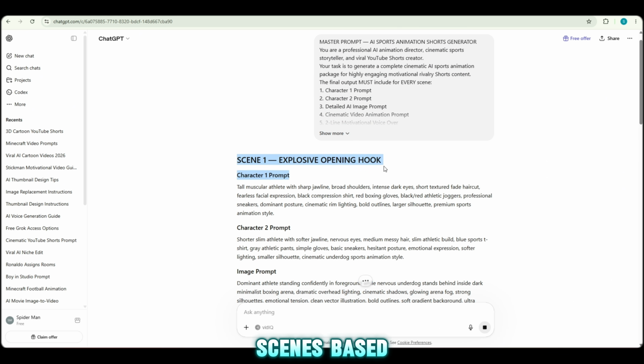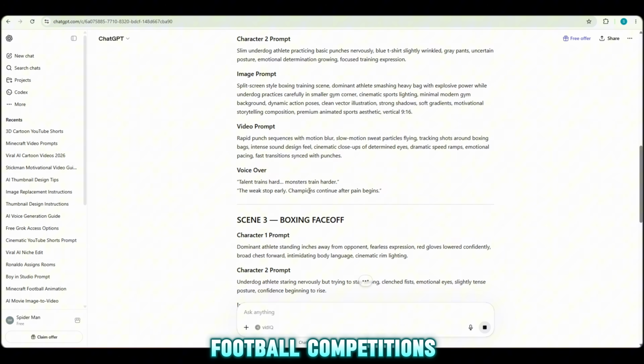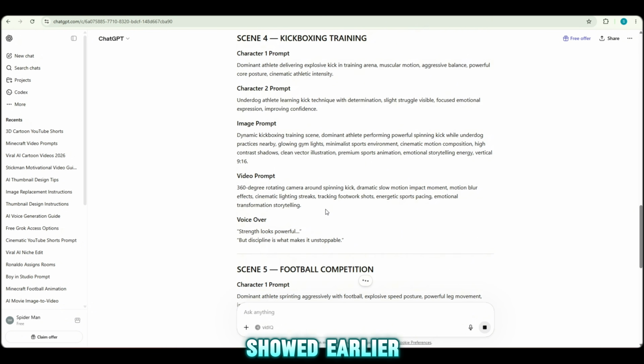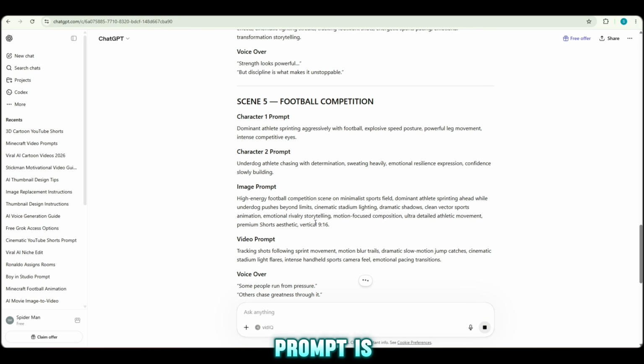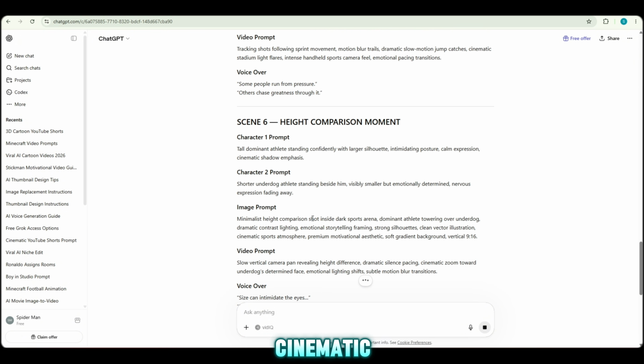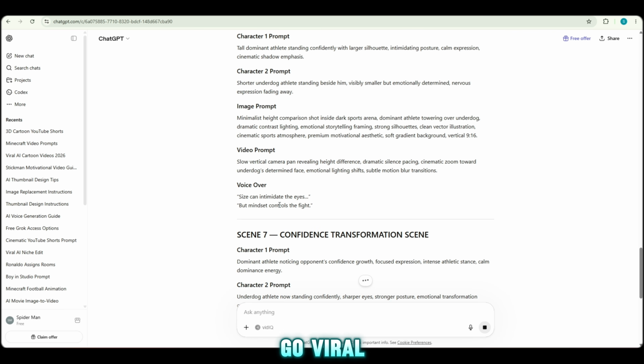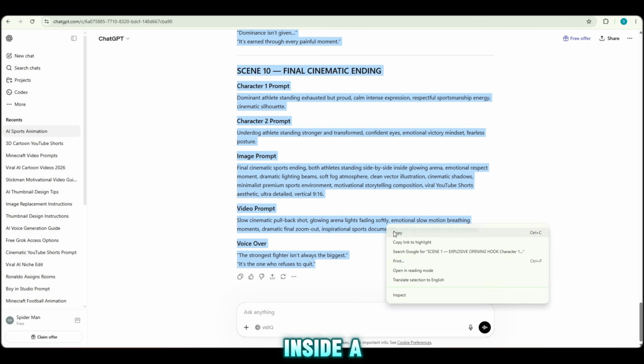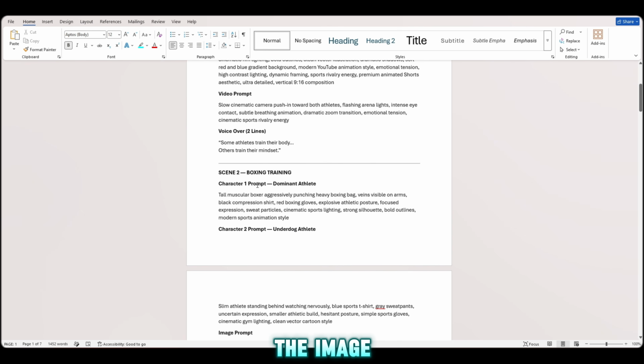professional. I've created scenes based on kickboxing, football competitions, and many other sports concepts similar to the viral examples I showed earlier. Every single prompt is unique, detailed, cinematic, and designed to help your shorts go viral. After generating everything, simply copy the prompts, save them inside a document file, and then move toward the image generation